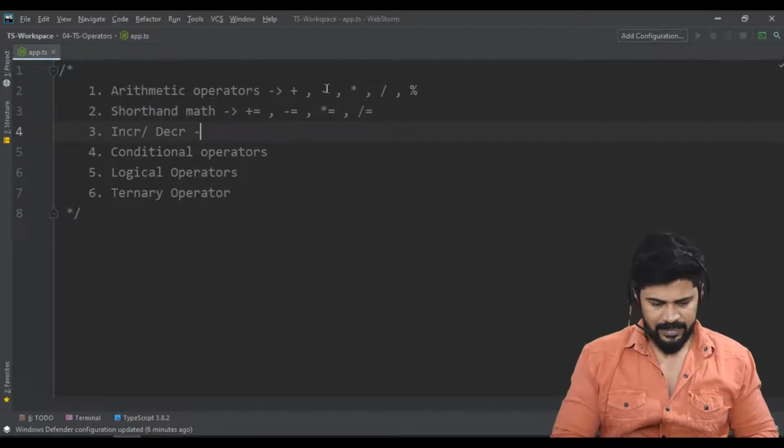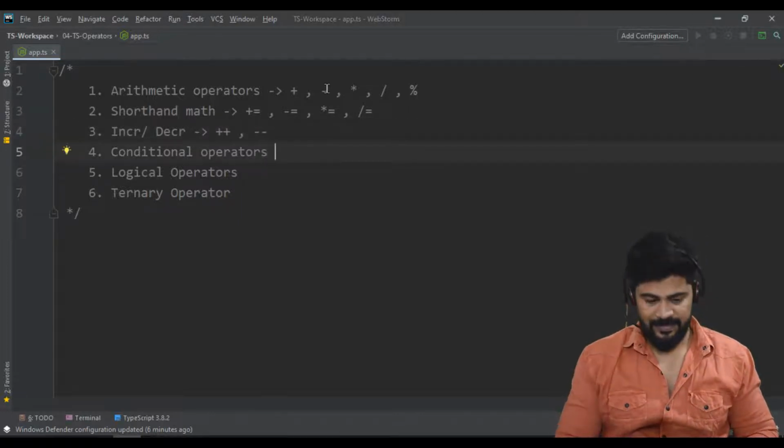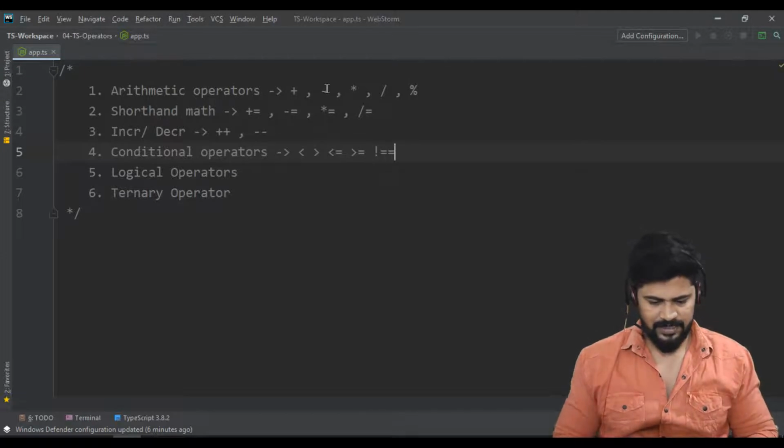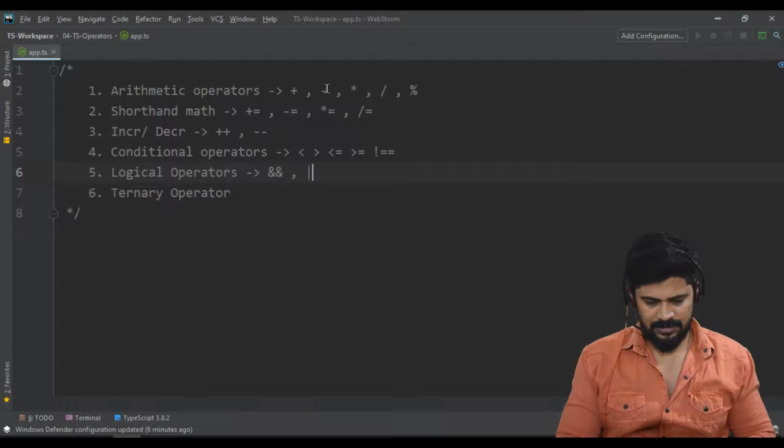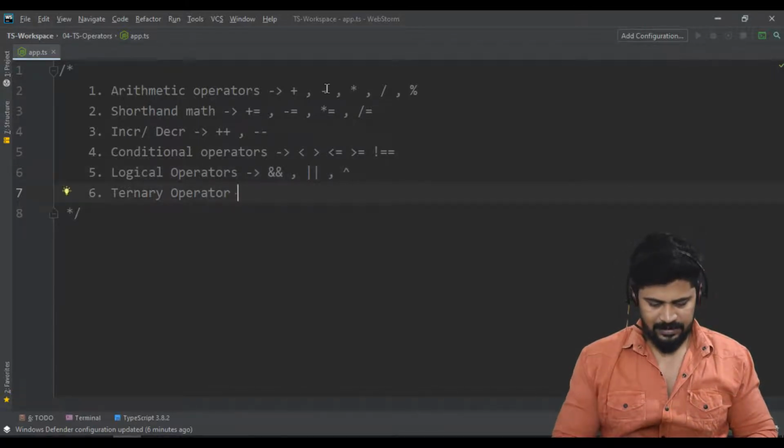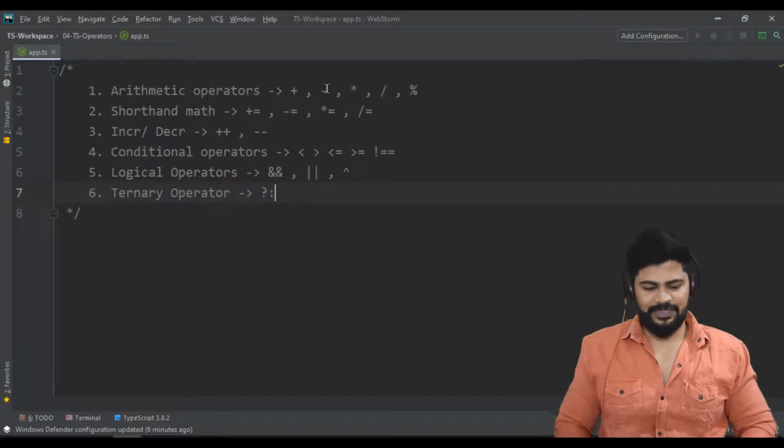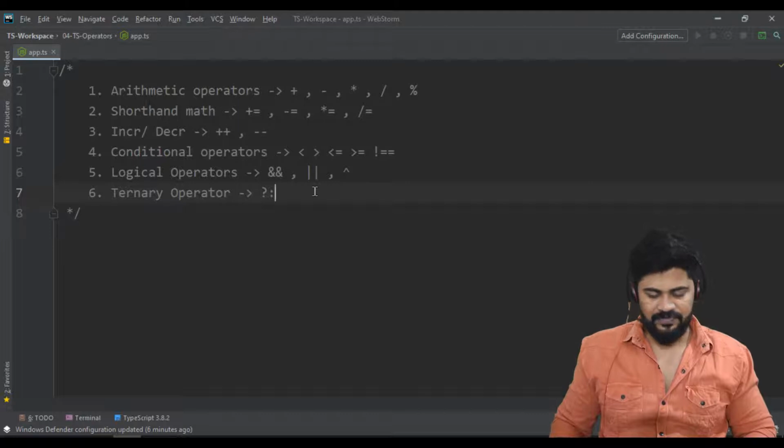Increment and decrement will be just simple plus plus and minus minus to increment a single value, and conditional operator will be less than, greater than, less than or equal to, greater than or equal to, or not equal to, like this. Logical will be and, or, XOR, like this. Ternary will be this one, a shortcut to the if else statements.